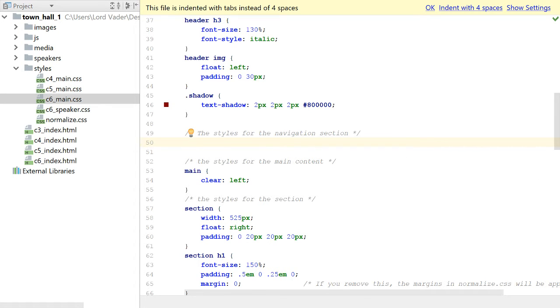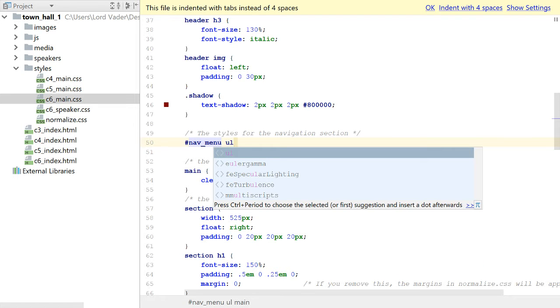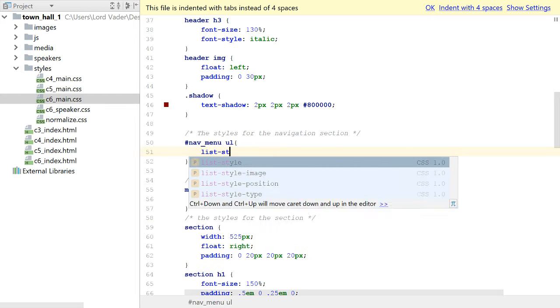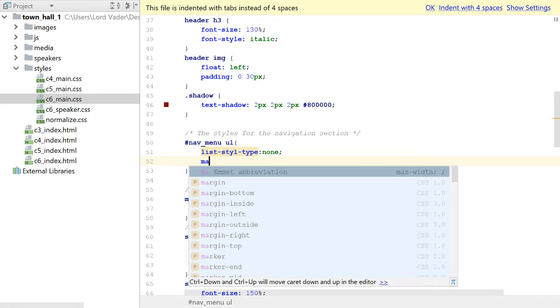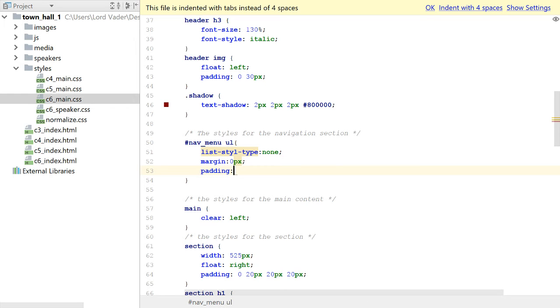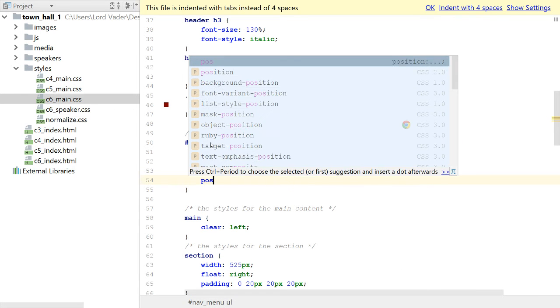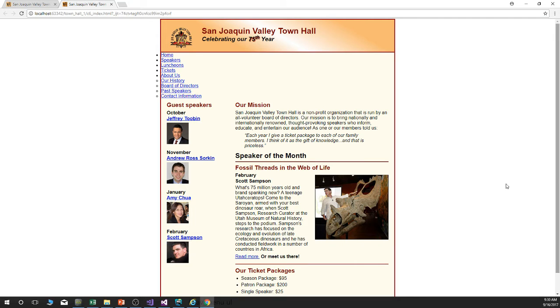So our next step is really to start messing with the content that's inside there, the first piece of which is just that UL. If we do nav menu UL, we can do a list style type and set that to none. That'll take away all the bullets and circles. We're going to give it a margin of 0 pixels, and a padding of 0 pixels. And I'm going to set its position to relative. It already is kind of set up relative, but this is going to enforce that that's what's going to happen. So if we come back over here and refresh our page,